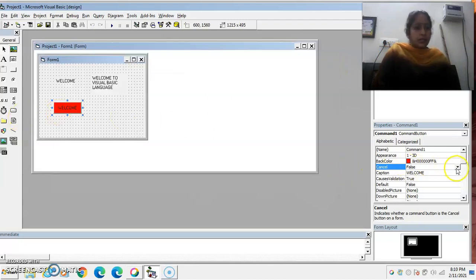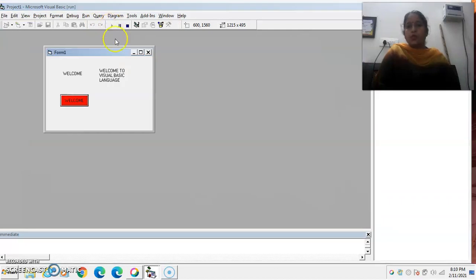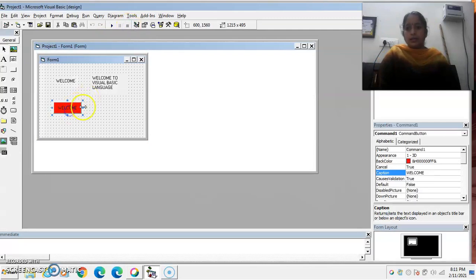Now set the cancel property to true. Now run this program. Now I press the escape button. Now you see on the screen the size of the welcome increases. Again I repeat this. As the size increases, the size of the control is not sufficient.